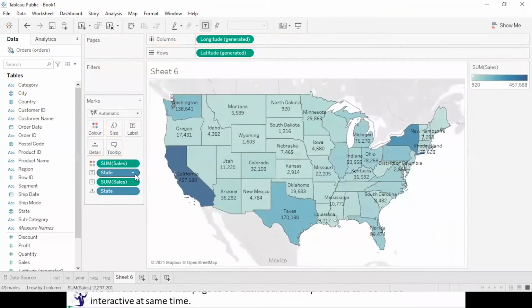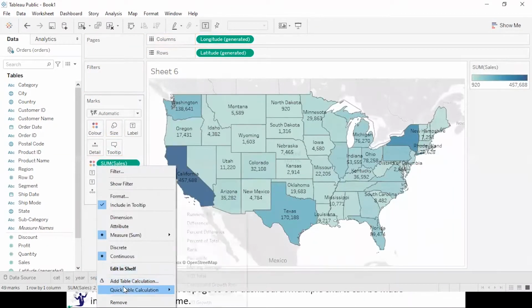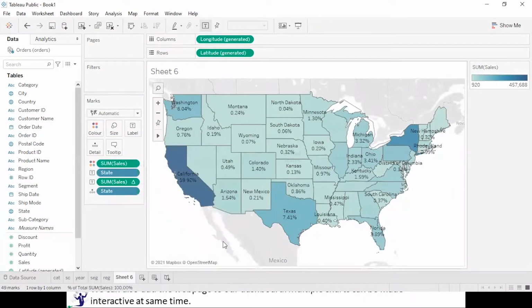Let me display the sales as quick table calculation and percentage of total. This is it. Let me name it state. Right, so I have created 6 sheets over here.